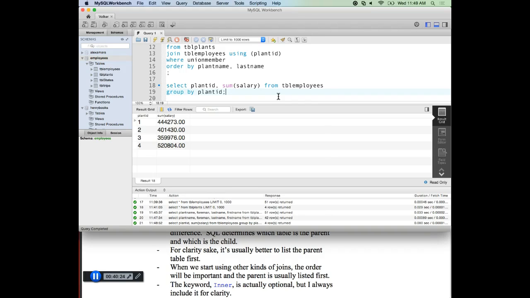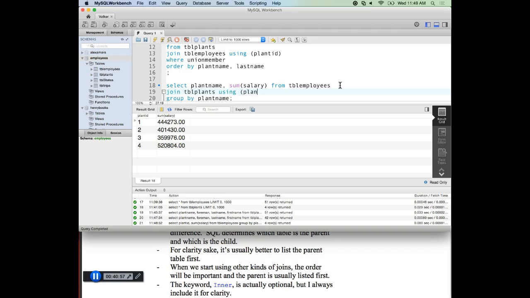However, again, if I show that to the new supervisor, the new foreman we just hired, they're going, what's with these numbers? Which plants are who, what, where? And if I had 100 plants, it would be even harder, right? So what we really want to do is not group by plant ID, but by plant name. But those are in two different tables. So now I need to join them. From employees joined to TBL plants